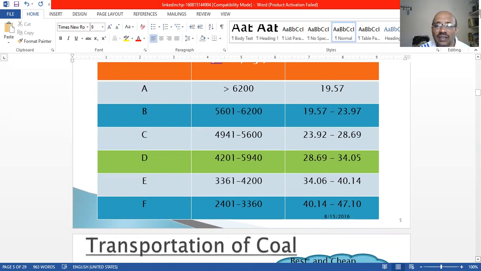5,600. What is that ash content? 23.92. Okay. Ash content is 28.2. And the D grade, what we are going to use, is 5,950 calorific value. Means by seeing this calorific value, which coal in India we are going to use, in India we are going to use this coal. Means we are going to use 5,000, near about